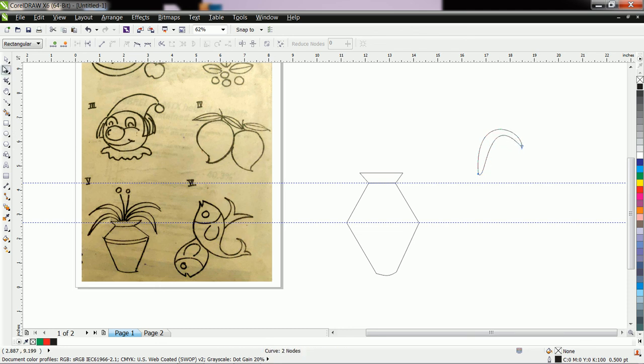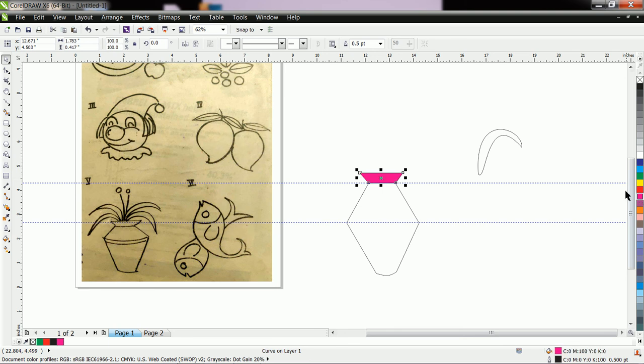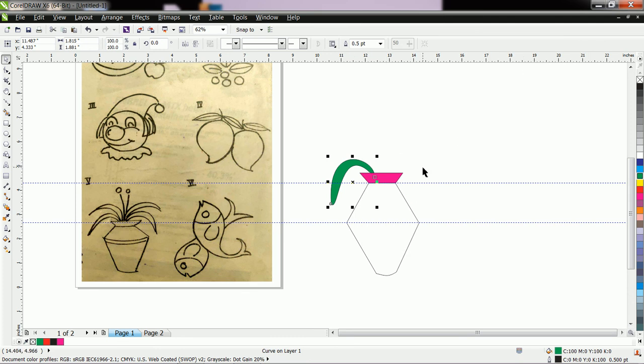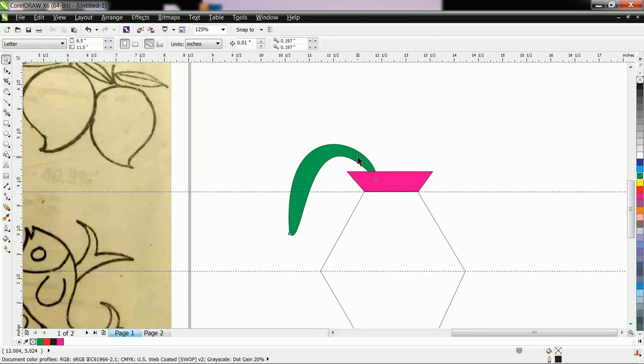Okay, but suppose here I fill it with color and I want to set this leaf here. Then don't adjust here, just right click on this, go to order, back of the page. Like this you can arrange this leaf.